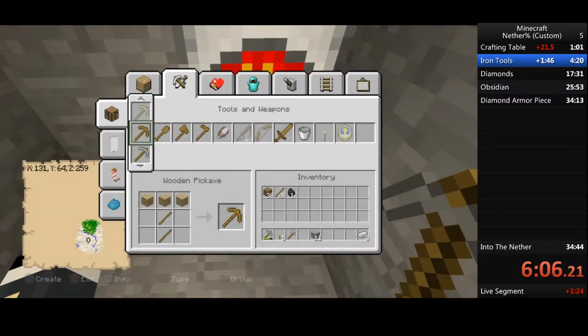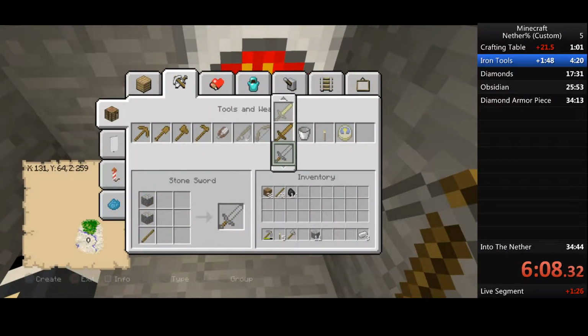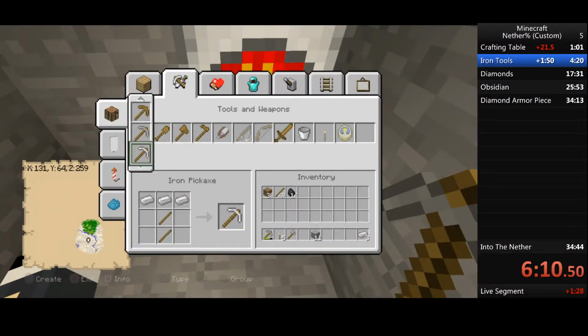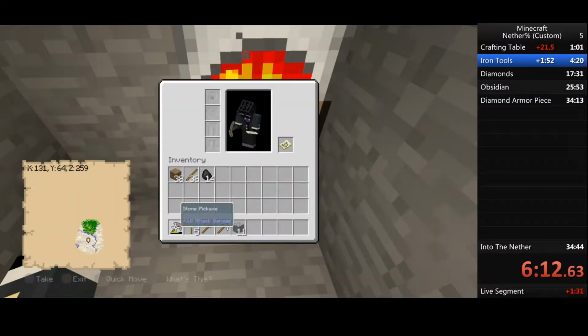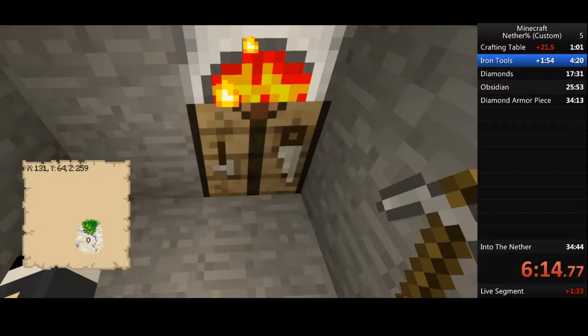One piece of coal always smelts exactly 8 blocks, so I knew I only needed 1 piece of coal because I counted the number of iron that I got. Now here I